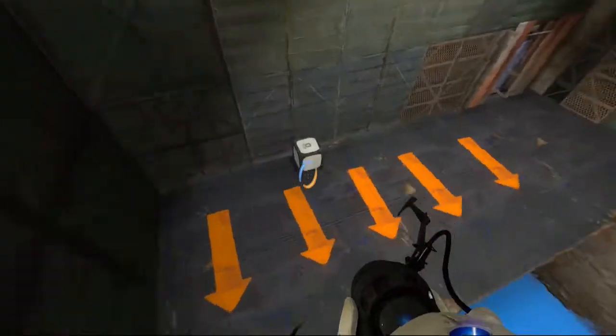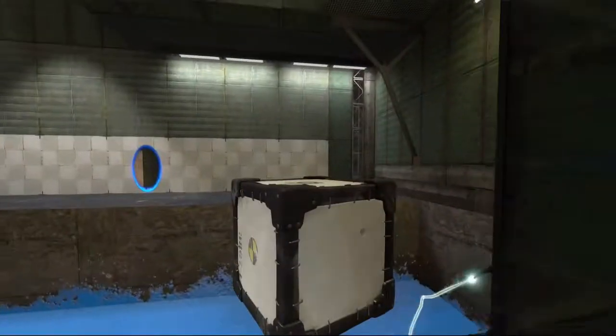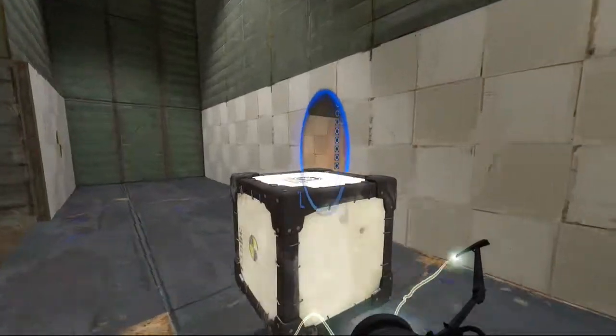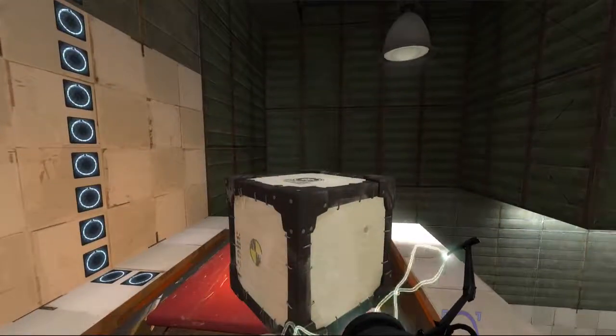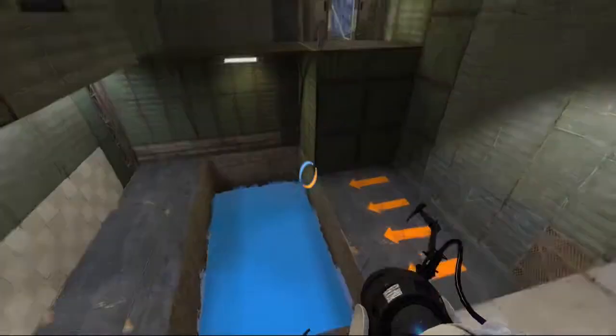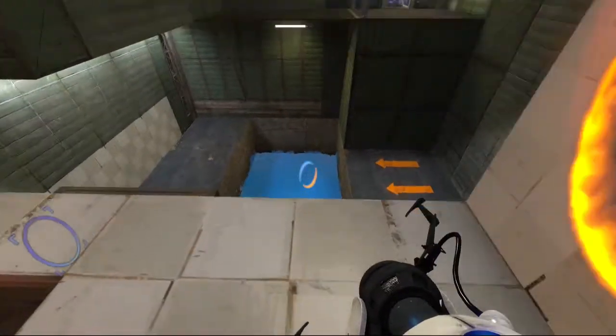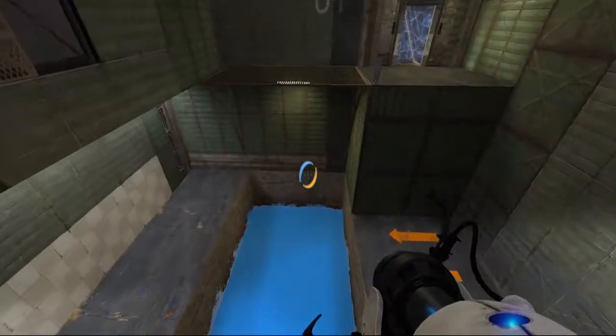There we go. Get this box again, and just go through the portal again and leave that box right over here. More of an introduction level. It's very simple. It just shows you, hey, by the way, you have blue goop and you could use it